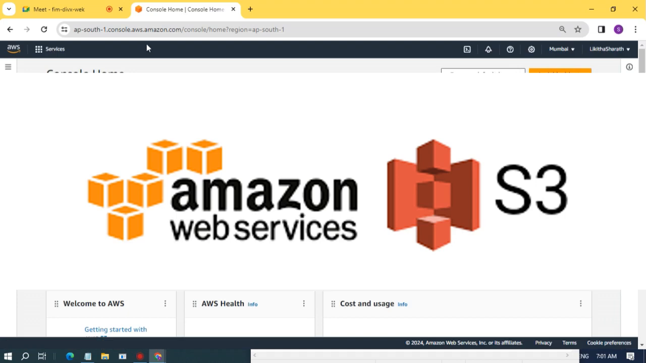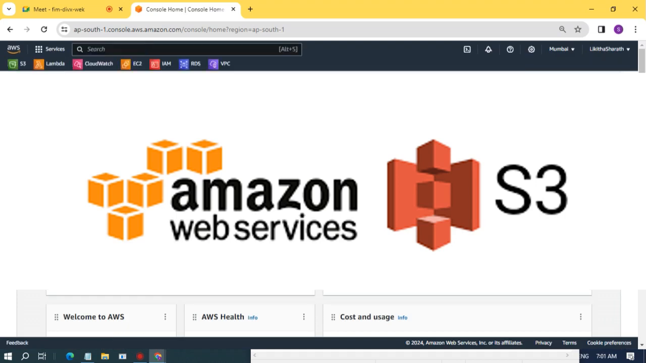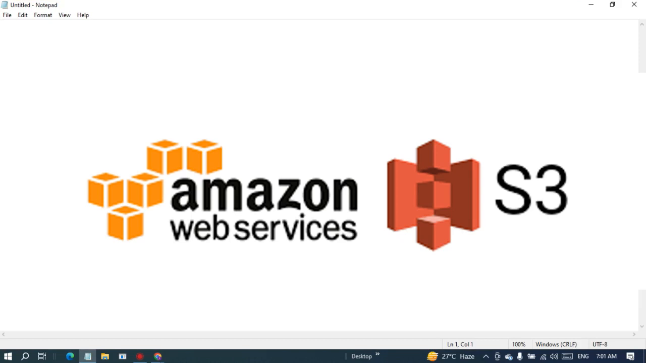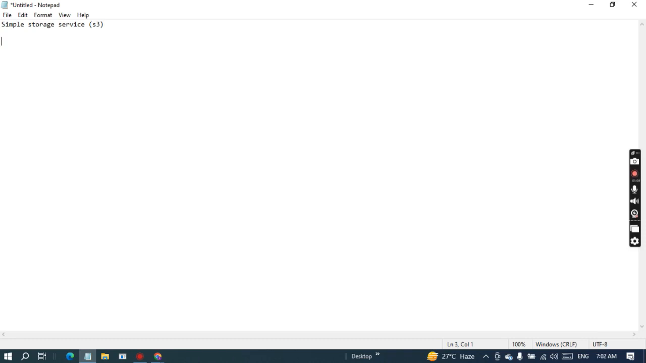Today we are going to learn the S3 service. S3 is nothing but Simple Storage Service, so we call it S3. The name itself tells us it is a storage service. Whatever the data, it may be any format